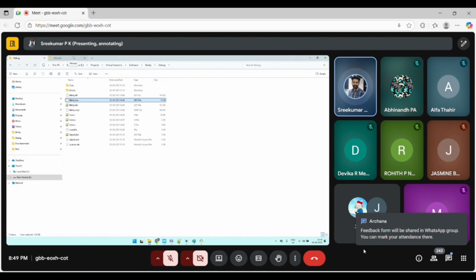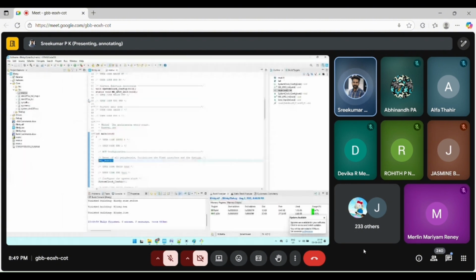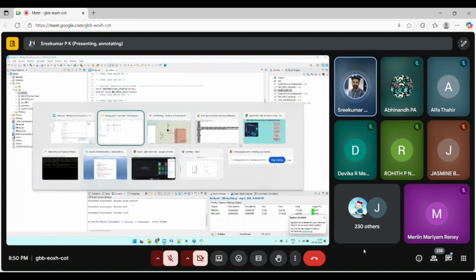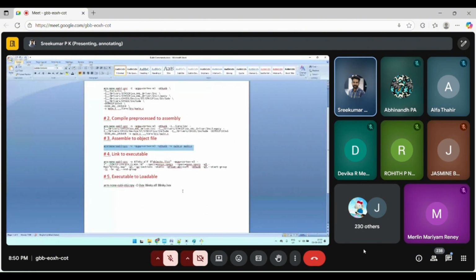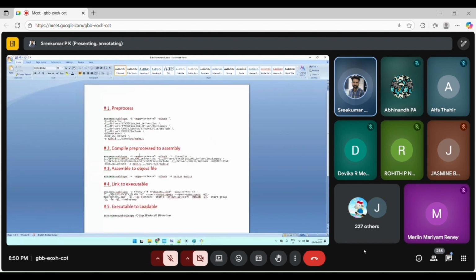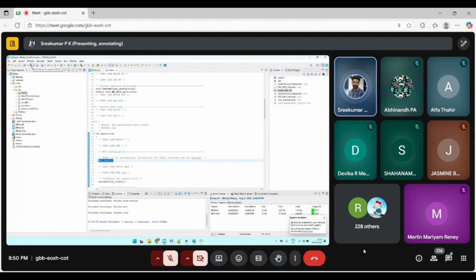Then you have one .hex file. That is also done with the help of a command, but I don't have that command with me. So what happens actually inside this IDE, whenever you click this particular button or icon, all those commands which I mentioned over here, I have that command making the hex file out of ELF. It executes all these commands behind this click, and it will give you everything.